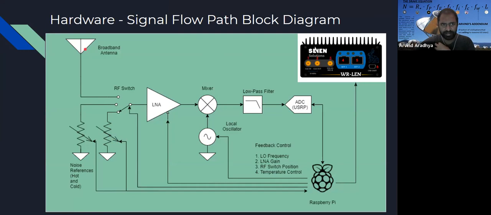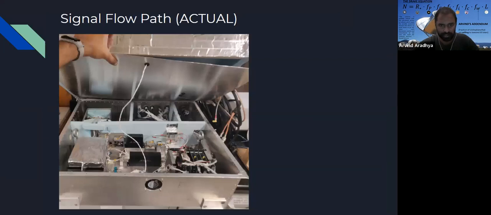And this is the block diagram I'm talking about. So the antenna is the white pole that you saw earlier. We have a switch, and if anyone's interested, I can get into why we have reference temperatures, but basically it's for calibration. And then you have a low noise amplifier, and you have a mixer. This is called heterodyning, and then you send it through a filter, and once you get that particular frequency, you basically get your data, and then we do all our processing. Not really much. And this is how it looks inside for our radiometer, with your hot reference and your cold references, and then the rest of it is just components.